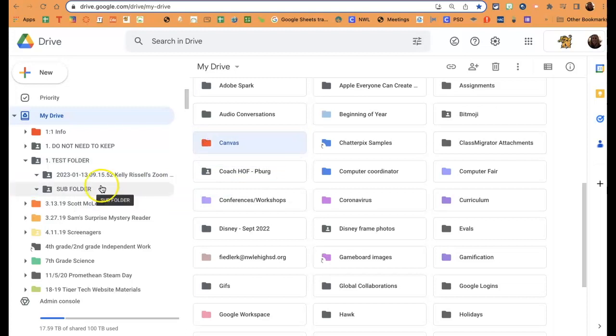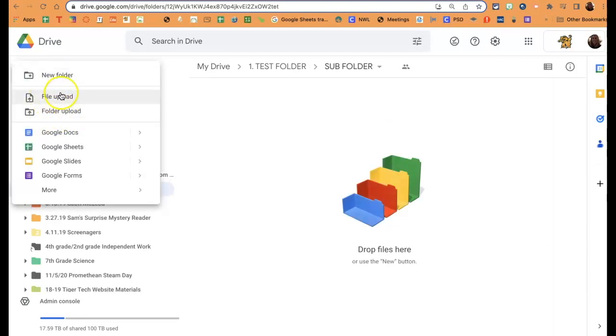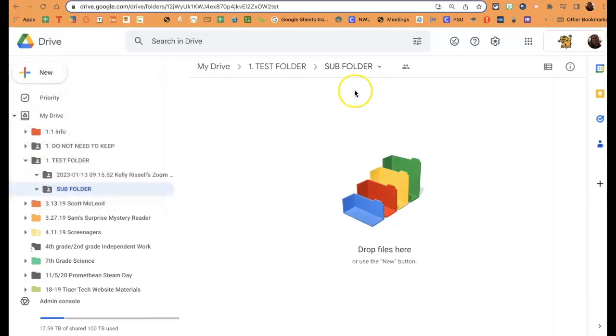I could create a new subfolder again within a subfolder. And within my subfolder, I could always do another folder upload or file upload into this subfolder. So subfolders pretty much follow the same pattern of creation, naming, and sharing as we did with the folder structure. You're just adding it to an already existing folder, either by creating new, dragging and dropping, or doing like a